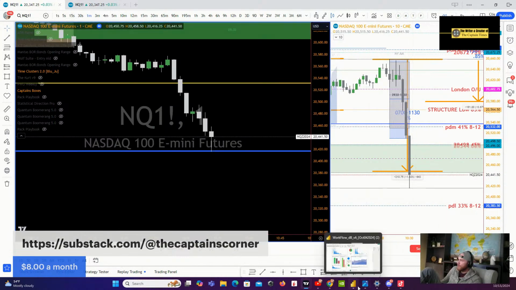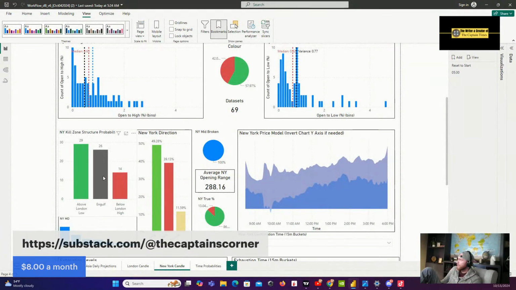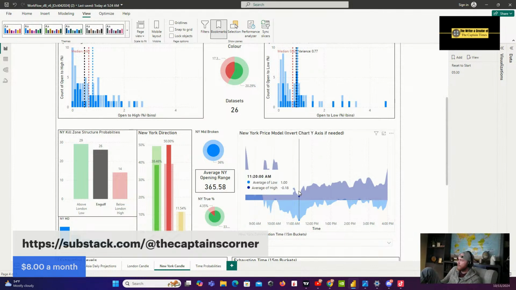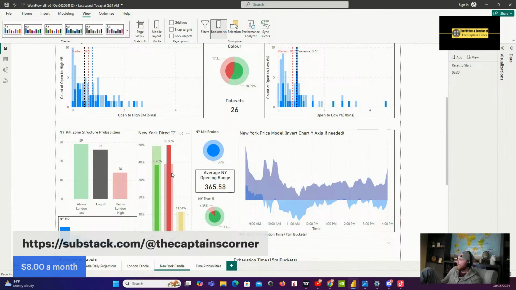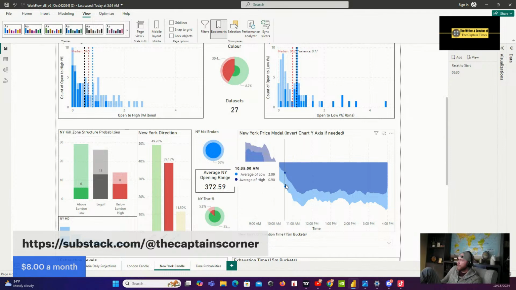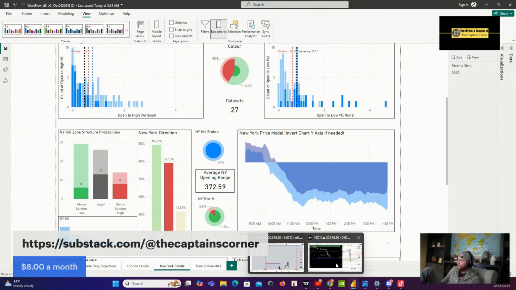Oh yeah, and while we're doing that, we're going to be looking at our database. We saw that engulfed, right? And so what price goal it gives us, it says that we're going to continue going lower into 1120 and then completely go into a range of market, right? And now we can say that, because I think it's after 10:30, so we can say it's going to be short, and that New York engulfed, right? So it says that we're going to go short, stay short, go into a range, and then have an end of the day drop, right? And we could identify that as early